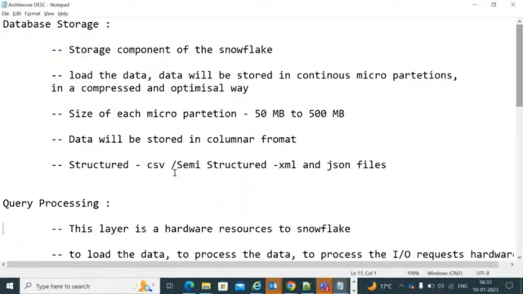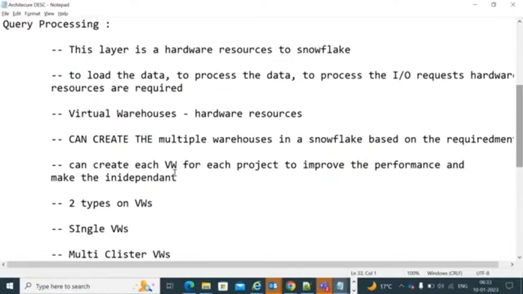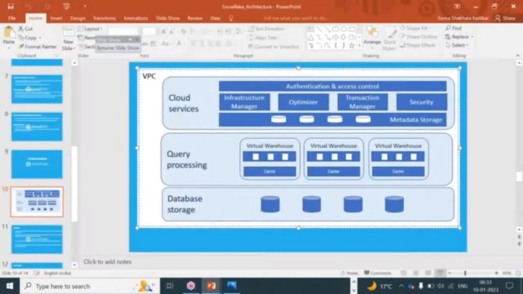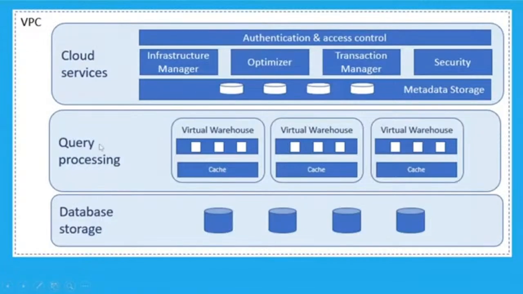See here, virtual warehouses or hardware resources can be created multiple times, right? Till here you are clear? See, this query processing layer is a virtual warehouse which is a compute layer, and these are hardware resources for your Snowflake. They are required to process all the requests in your Snowflake, whether you are submitting workloads or queries,